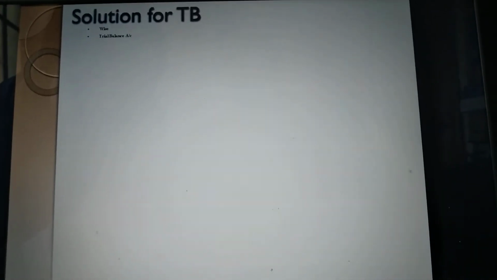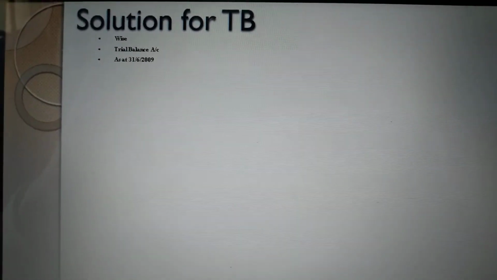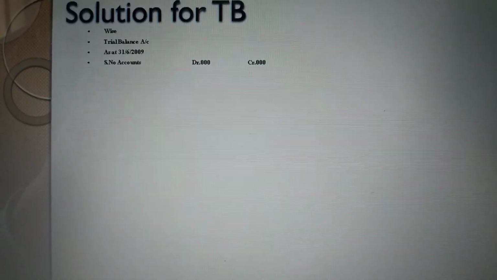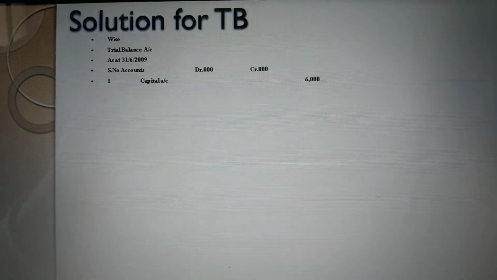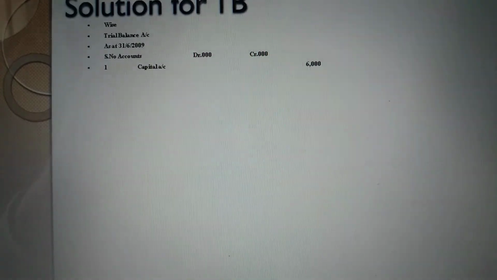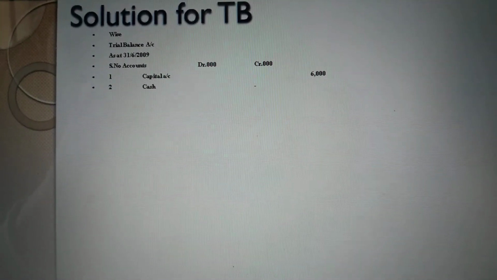Now in trial balance, it's Wise Company trial balance as at 31st July 2009. So we have serial number, account, debit column in 1,000, credit column in 1,000. So we start with the first transaction. Capital is worth 6 million, which we credit, followed by cash, we debit,